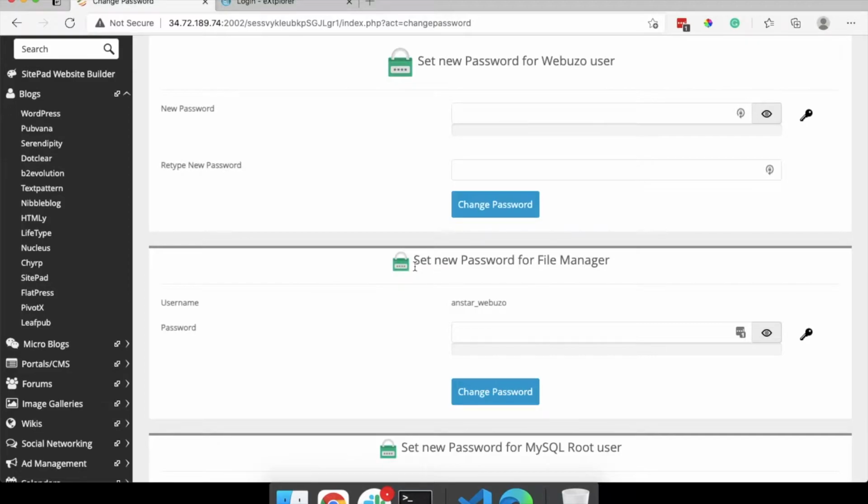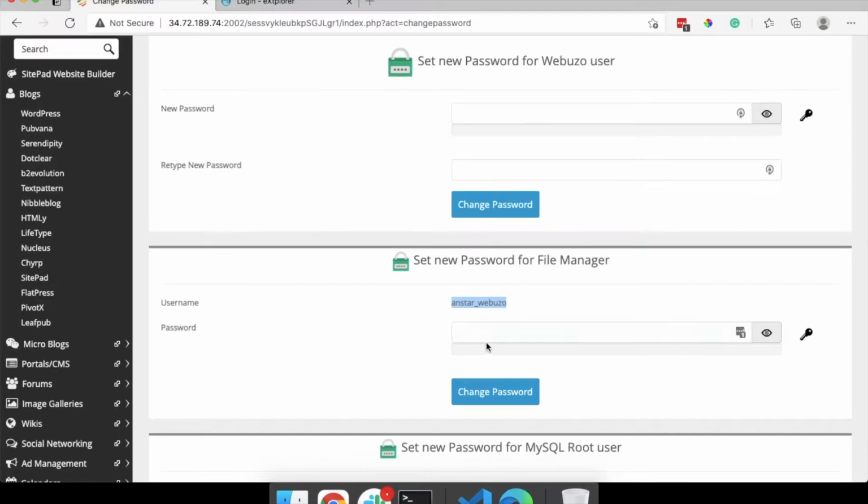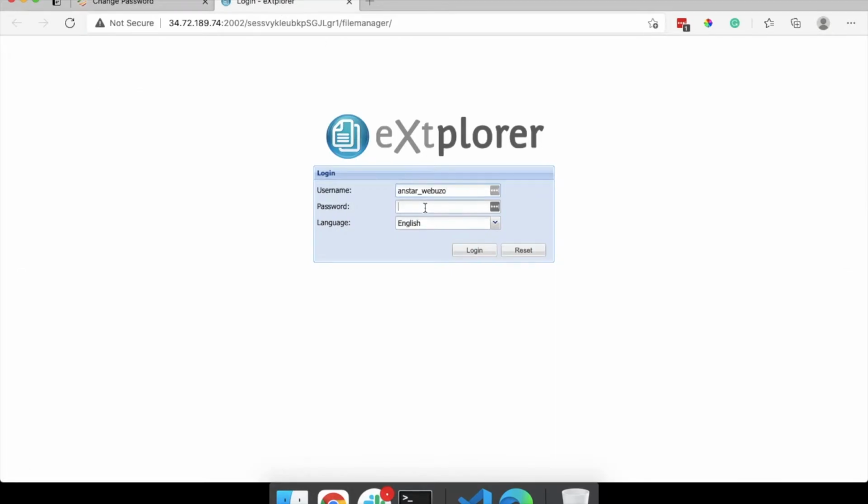Here you can see Set New Password for File Manager. Here the username is this one. Copy this username, paste it here and then change the password if you don't remember. Now the password is changed, and if you go to this File Manager login page, paste this password and then click on Login.